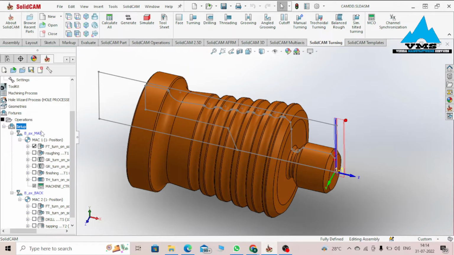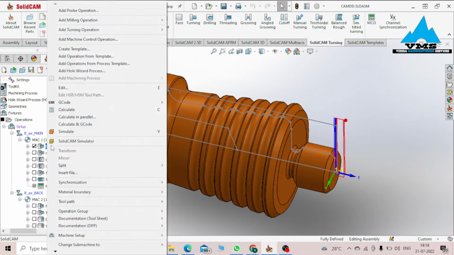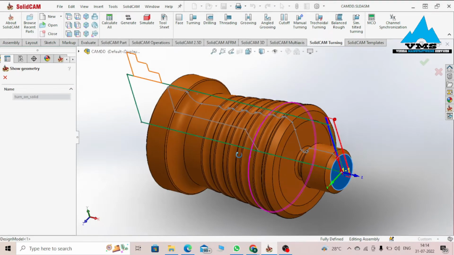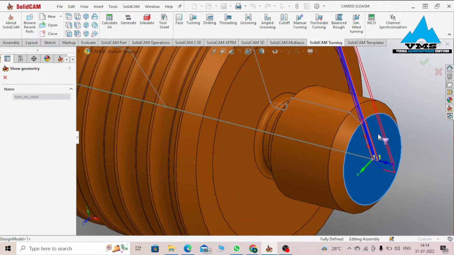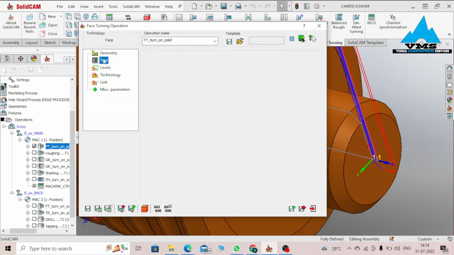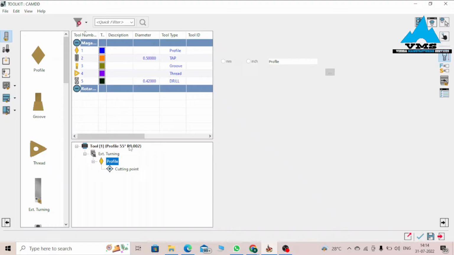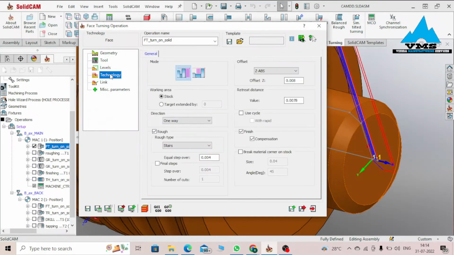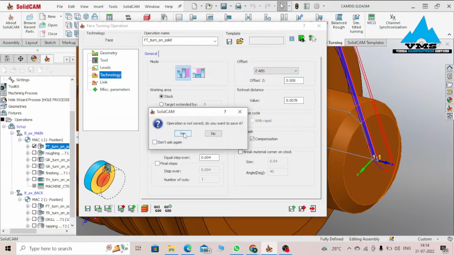So moving to the main spindle, facing operation, show geometry. For the geometry, we've got this face. Of course, we are working with Mach 1. Tool, we are using an external cutting tool of angle 55 degrees. Technology, a roughing pass, and of course a finishing pass with compensation on. Looking at the simulation,